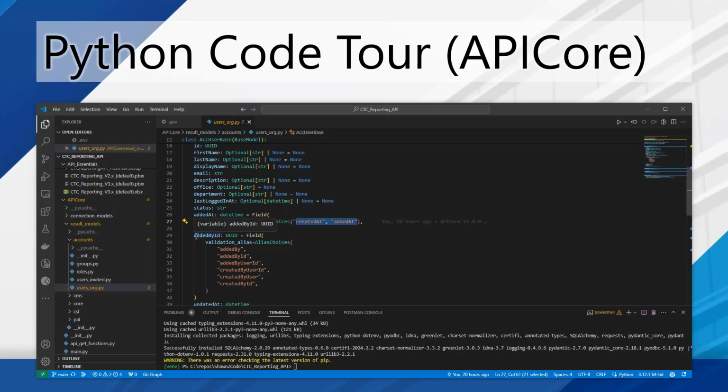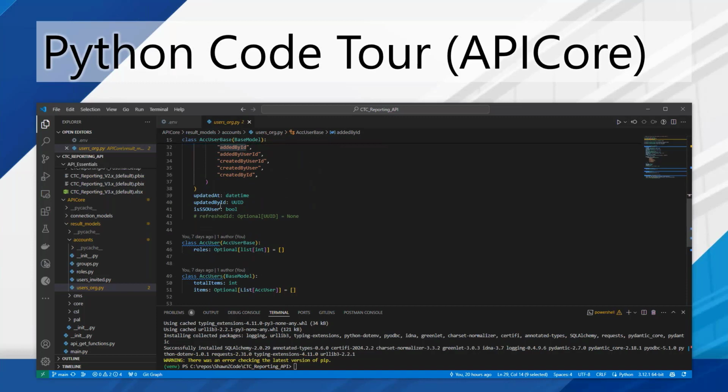Similarly here, there's sometimes different nomenclature in the system that returns data back to you that might say added by ID or added by user ID or created by user ID. Again, I'm basically giving aliases to whatever those fields might be and whatever they might change to in the future, so that you can always trust that the data coming back is going to be called added by ID. You'll see some things in some of the updated bys in the future as well,